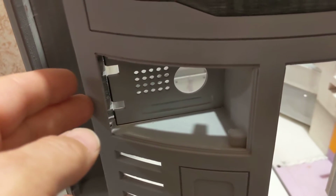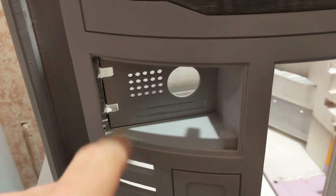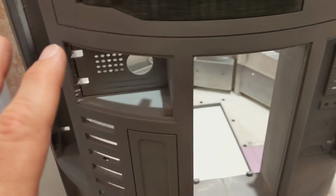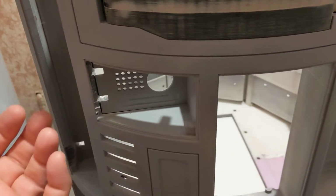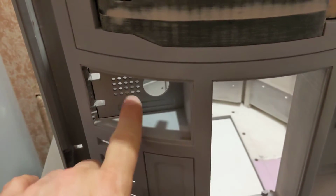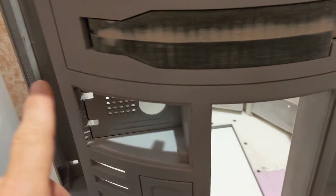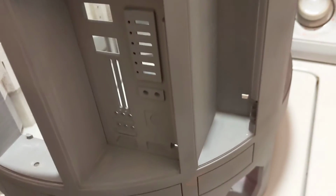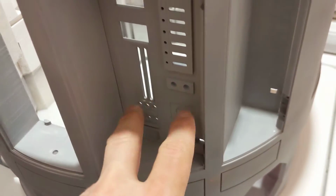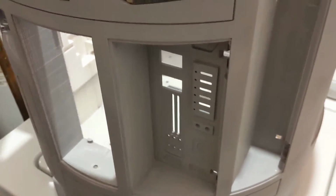Michael Baddeley's got a video out there that came out after I started working on this that tells you that. He loads the 3D files in Fusion so you can see the files, and then you can take individual parts off, put them on, move them around. So he shows how these panels are made to slide in before you put the third ring on, because once you have the third ring, it kind of blocks where they slide in. I had no idea. So I was able to get them in anyways. Kind of went in this way first, and then was able to pull them in this way and get them in. The other next thing I did,